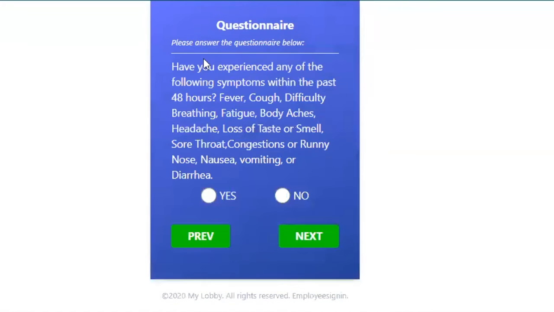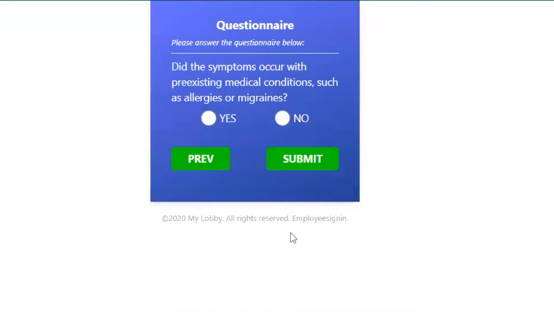Okay. So have you experienced any of these symptoms? So if he says yes, like he's got, I think this is a cough or whatever, he says yes. And let's go to what a potential next question could be. Did the symptom occur with a pre-existing medical condition such as allergies and migraines? Well, if he says yes and hit submit,